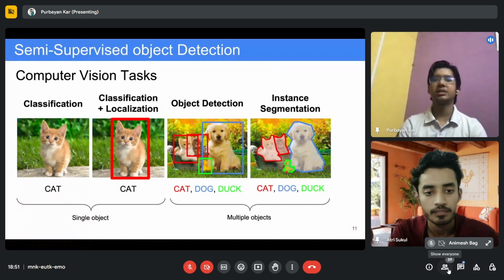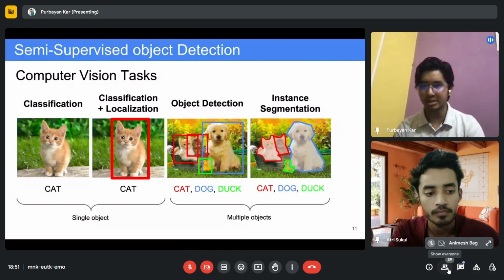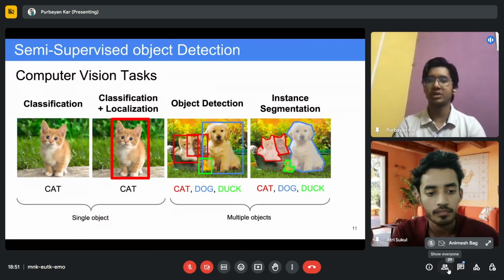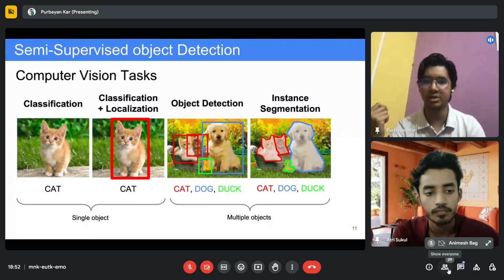These things are used extensively in autonomous driving. You might have seen autonomous driving technology in a Tesla or camera-based ADAS technology in other cars. They all use instance segmentation, where they segment each and every portion of the visible road: pedestrians, cars, road light signals. Everything is done using this technology, instance segmentation.